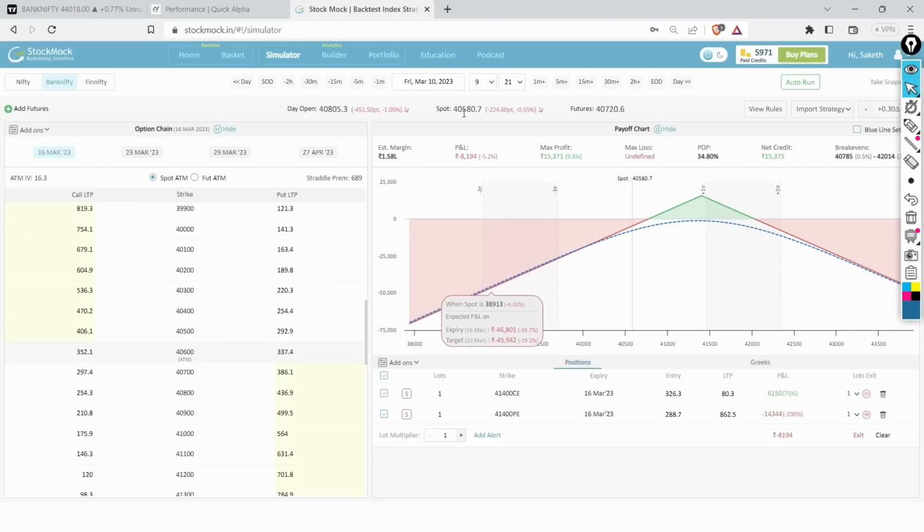So you can see the spot rate right over here. It is around 40,600. So you had created a 41,400 short straddle and the market has come down almost around 800 points. What you have shorted at 288 is now trading at 800, and what you have shorted at 300 is now trading around 80 rupees. And this is a perfect example when you shouldn't even think twice and just exit the